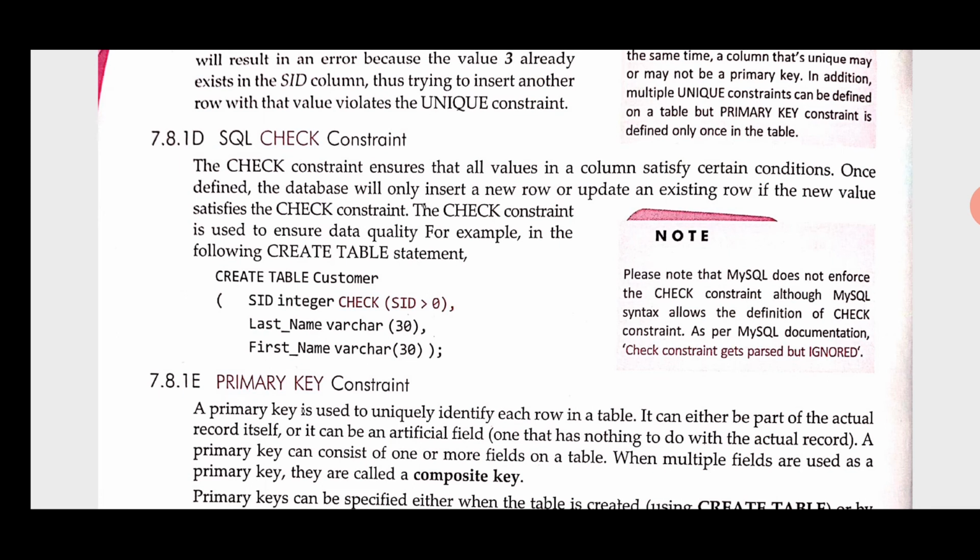The check constraint is used to ensure quality. For example, in the following CREATE TABLE statement we can see SID INTEGER CHECK SID greater than 0. So this is one condition. It is checking, so if the SID value is less than 0, in that condition it will show an error.